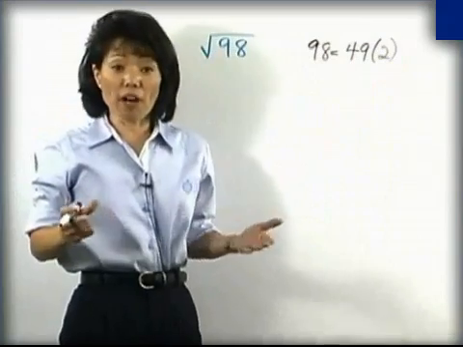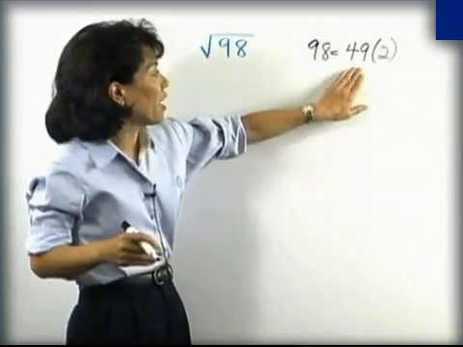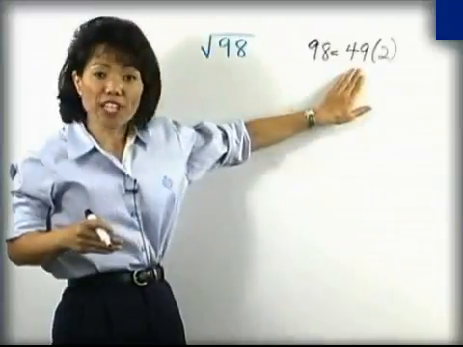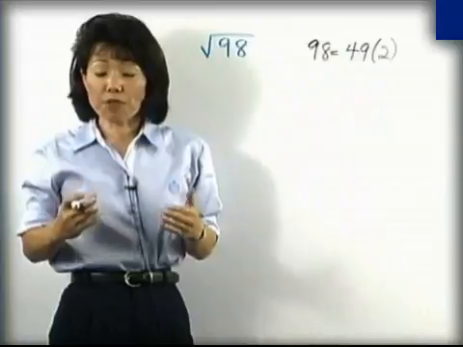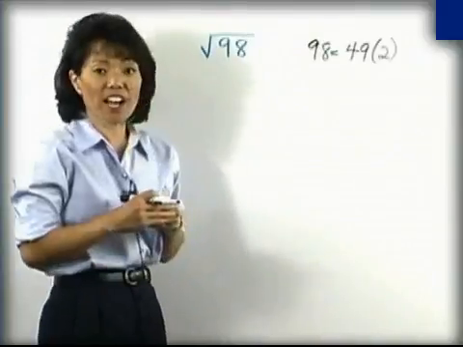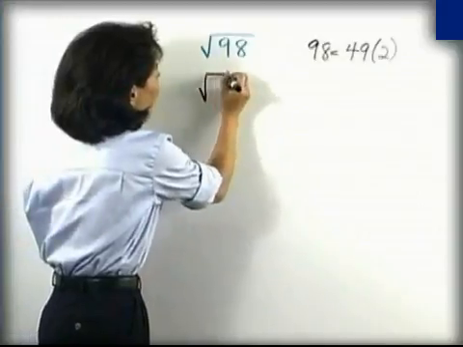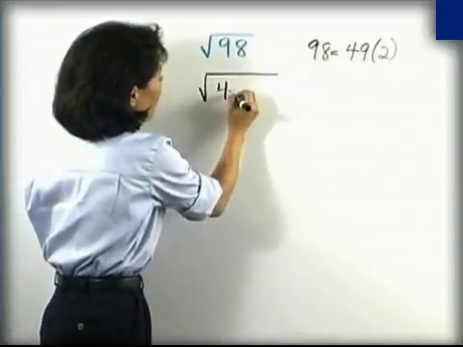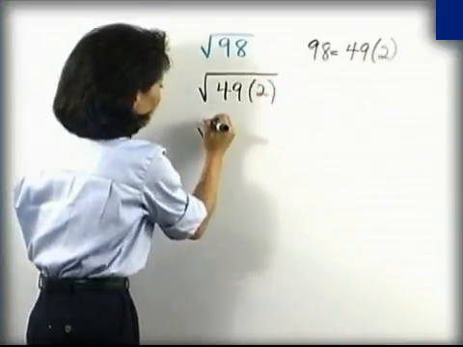Now you say to yourself, why are you choosing 49? Well, the reason why I'm choosing 49 is because I know that 49 is a perfect square. I know that the square root of 49 anyway, is 7. So what I'm going to do here to simplify this square root is I'm going to rewrite this square root of 98 as a product. I'm going to rewrite this as 49 times 2, but under here,